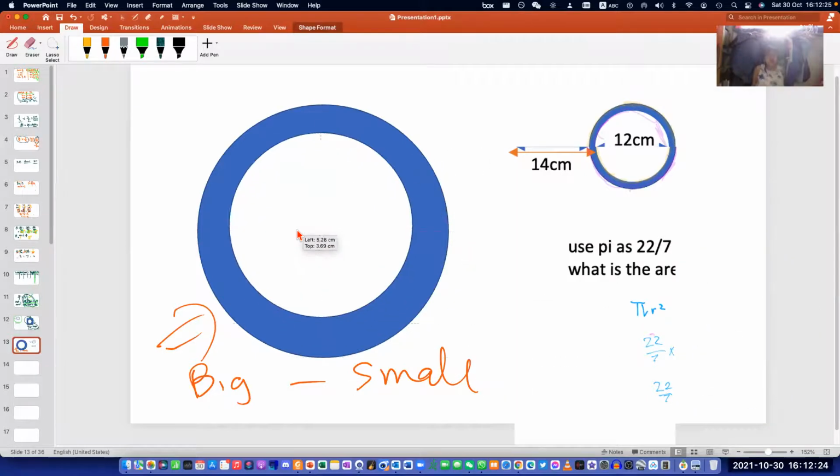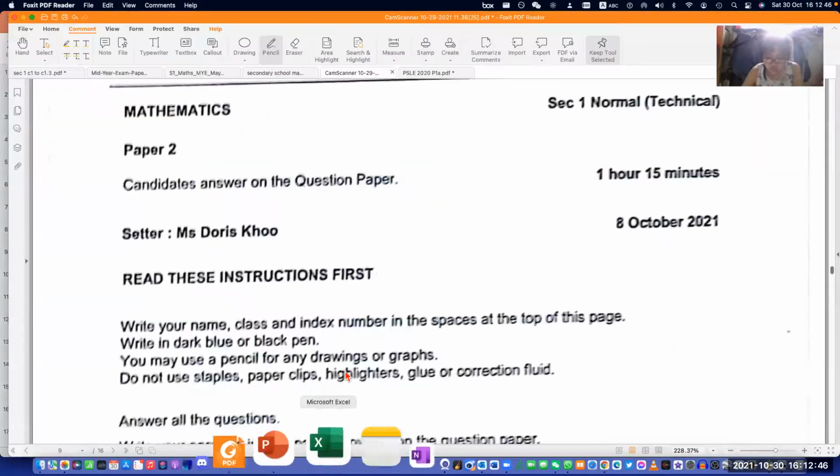Yes, the blue circle. Then the small one is the white circle. Correct. So similarly, what is the big circle here? 14 cm. What's the small circle here? 12 cm. So in fact, your answer here